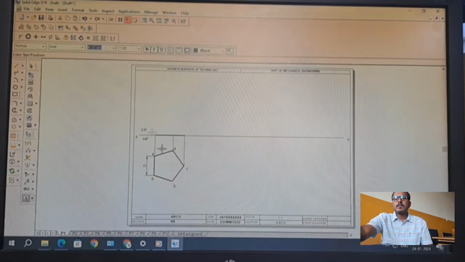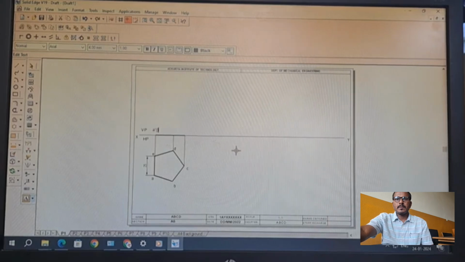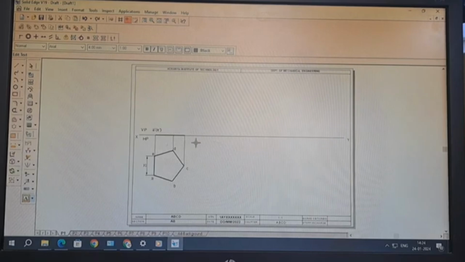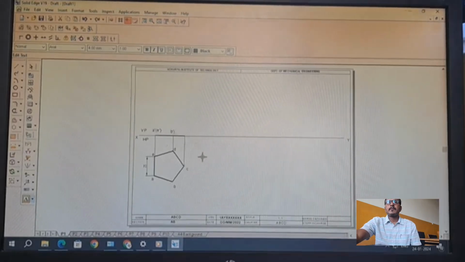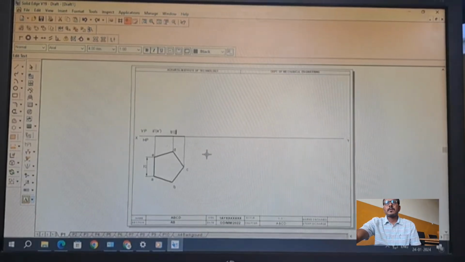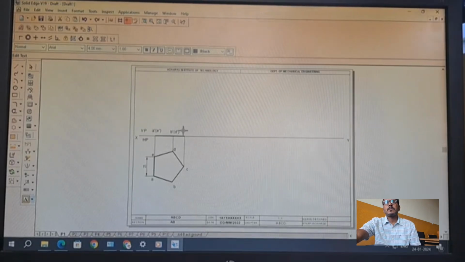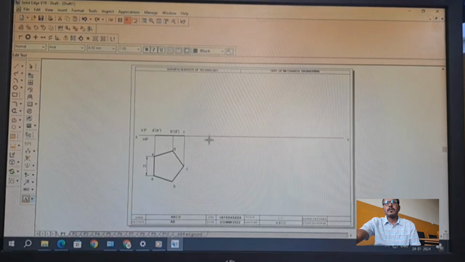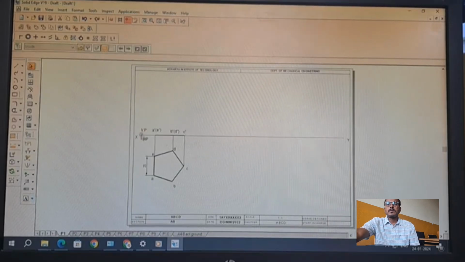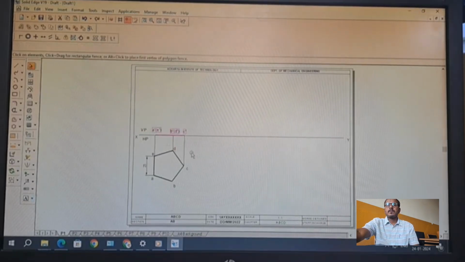Go to the text command and show the notation: A dash in bracket E dash, here B dash in bracket D dash, and this is C dash.